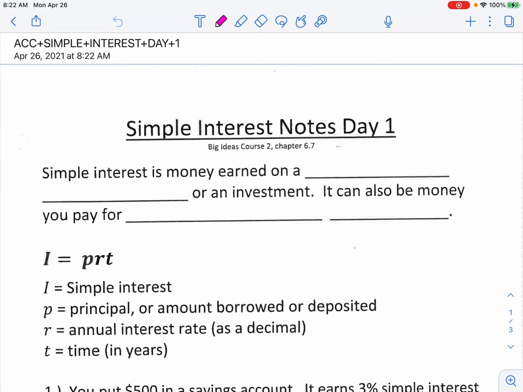Good morning. Okay, so we are again continuing with our percents chapter, but today we're going to start talking about